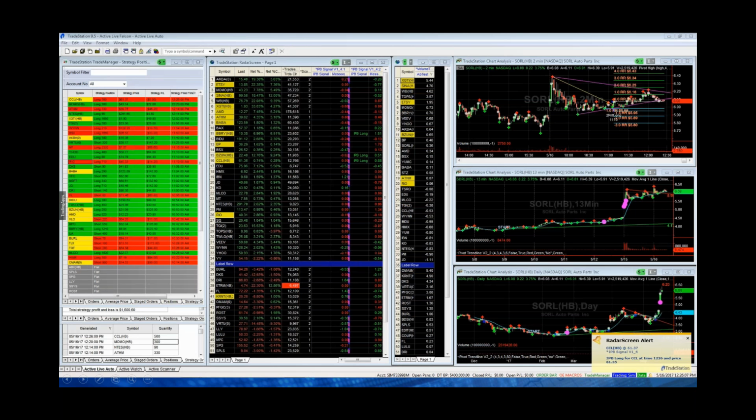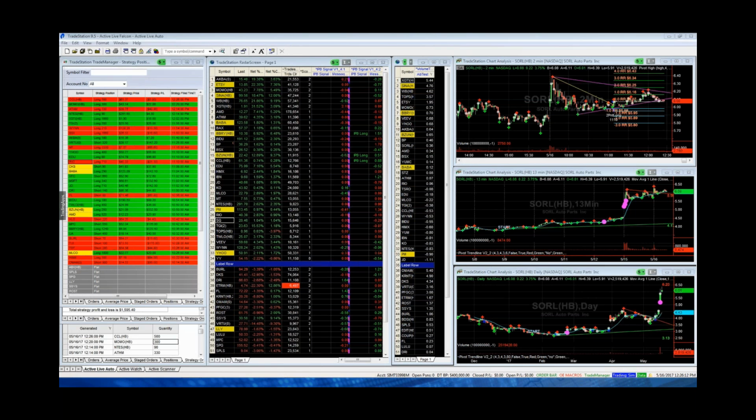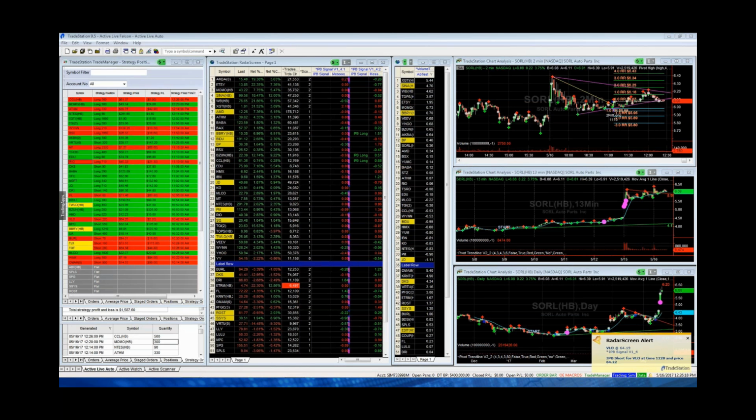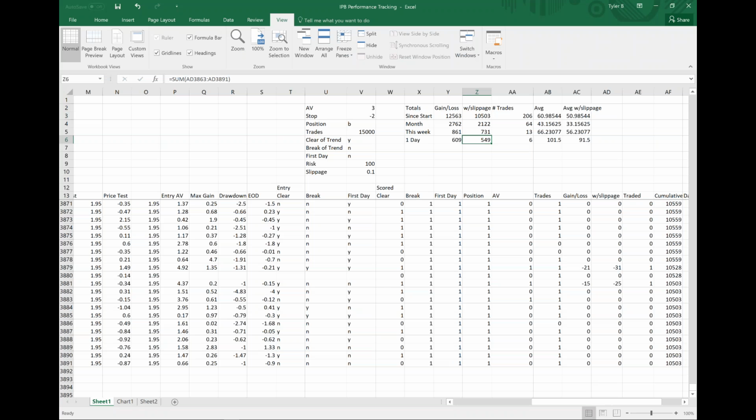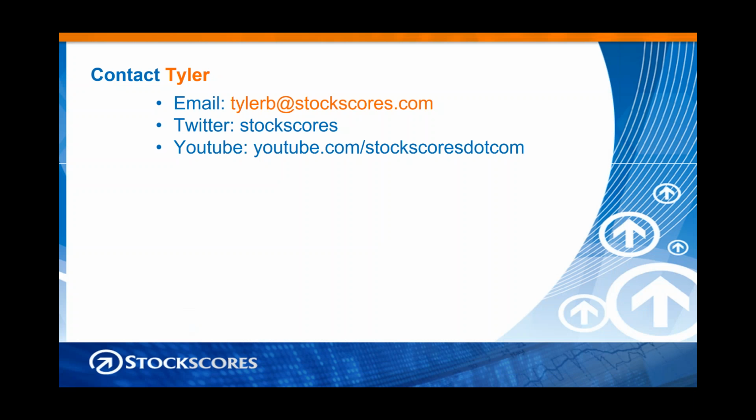So I build the list. I set it all up. We discuss a little bit of the markets for the first hour. Then for the rest of the trading day, the algorithm runs and it alerts you when there is a valid entry signal. That's something called Stockscores Active Live. If you do the Active Trader course, you are eligible to participate in that.